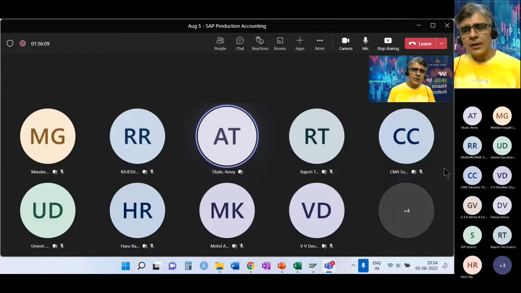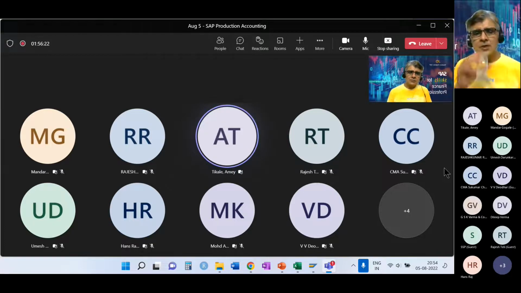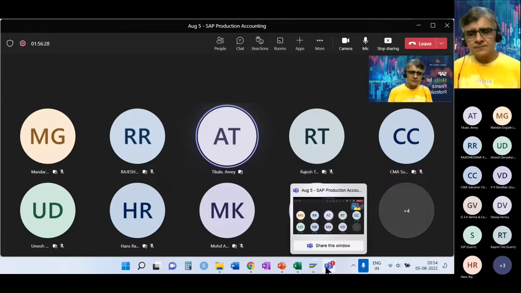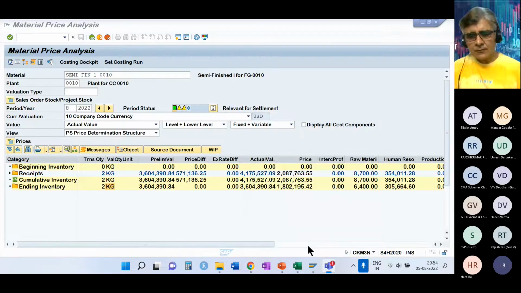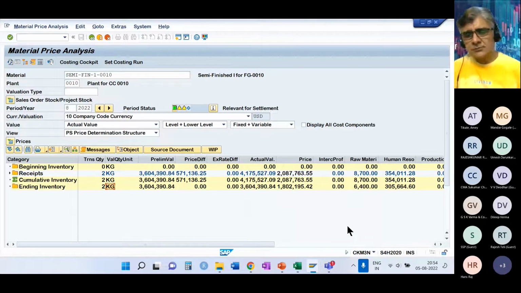Means if it is delivered, then the price difference to that extent will be pushed to the price difference. And if it is in inventory, then it will inventorize. In the other organization there was a ML run as well, but the actualization was not to that extent.